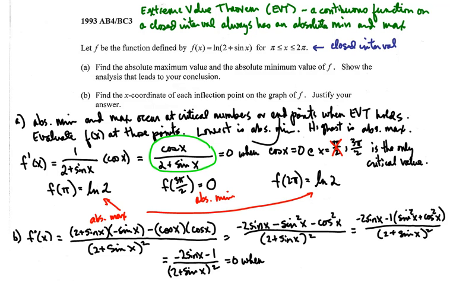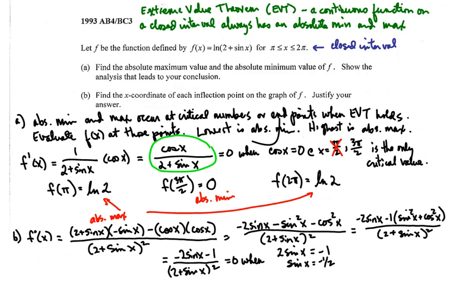and we're looking for where that's equal to 0, and it will equal 0 whenever the numerator is 0, and that is when 2 sine x equals negative 1. I had negative 2 sine x minus 1 equals 0, so I move the negative 2 sine x to the other side, and I get 2 sine x equals negative 1, or when sine x is equal to negative 1/2,